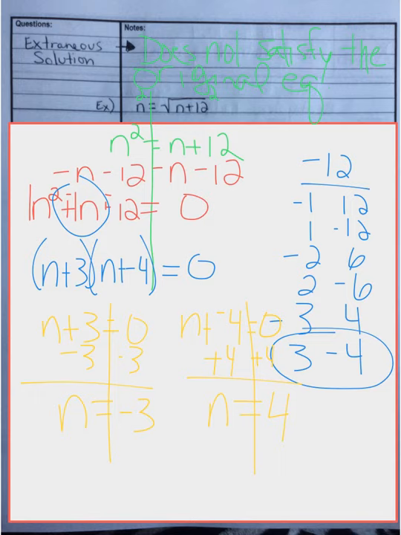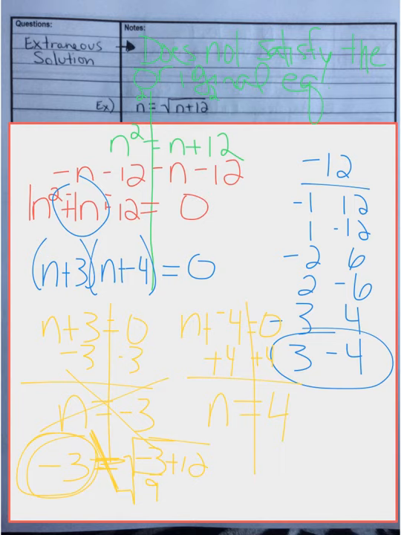And so when we plug numbers in to our original equation, let's plug -3 in. So if I plug a -3 in where the n is, equals the square root of -3 plus 12. Well, -3 plus 12 is a +9. And we know the square root of 9 is a +3. It's not the -3. This does not satisfy the original equation. This cannot be an answer. Even though we solved and we found that as one of them, for this example, it does not satisfy that